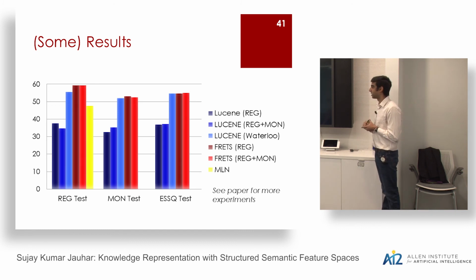Yes, Matt? Are there similar kinds of tables that you can just crawl from the web? Just like we went from Lucene over tables to Lucene over Waterloo, could you go from the model over tables to the model over Waterloo tables? The model itself, if it dealt with only text, perhaps yes. I have the intuition that it would work. You're learning features that abstract over the structure of the table. They're not directly dealing with the content. So it would work. But if you have things like numbers, that would screw up things a lot.